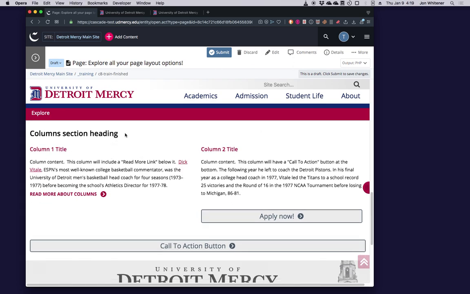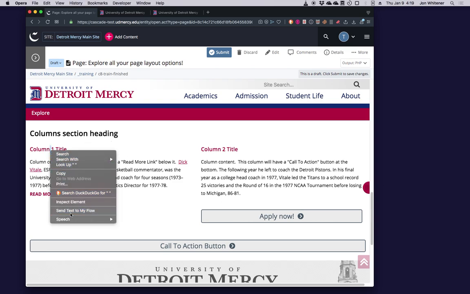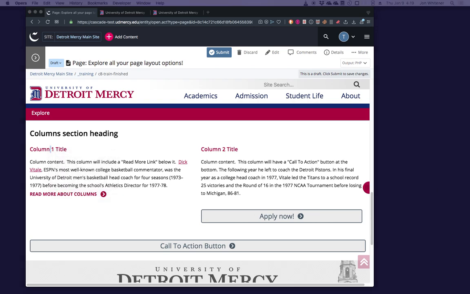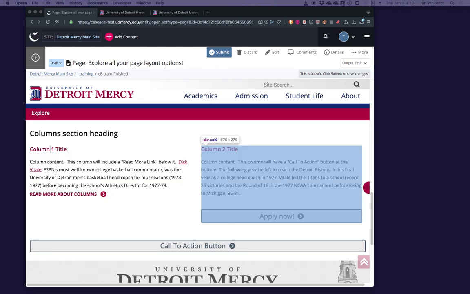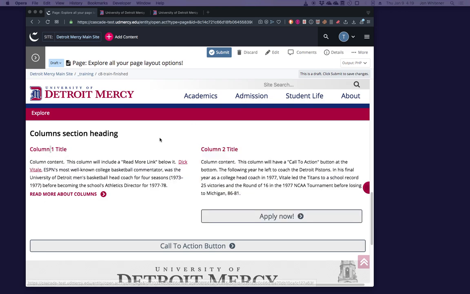Here we have a columns section. It has two columns. I will show you, if it's not obvious, that we have column 1 and then column 2. In column 1, we have the title.